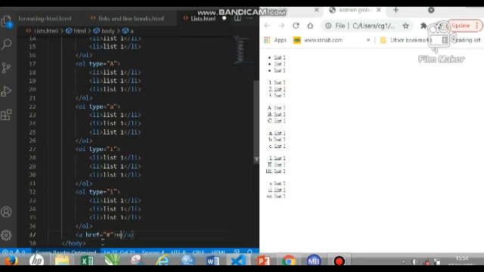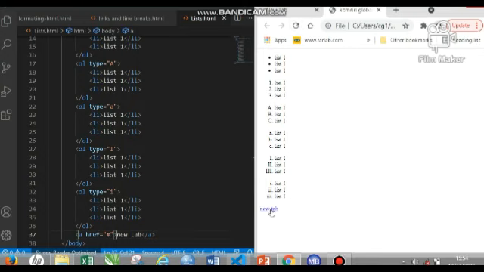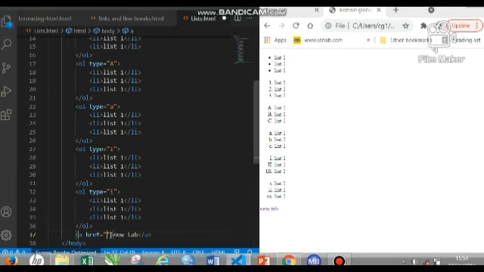Let's say new tab. If you just write new tab like this, it will not be opened in a new tab. Let's run and see. You can see even if you run it, nothing will happen. But if we say formatting